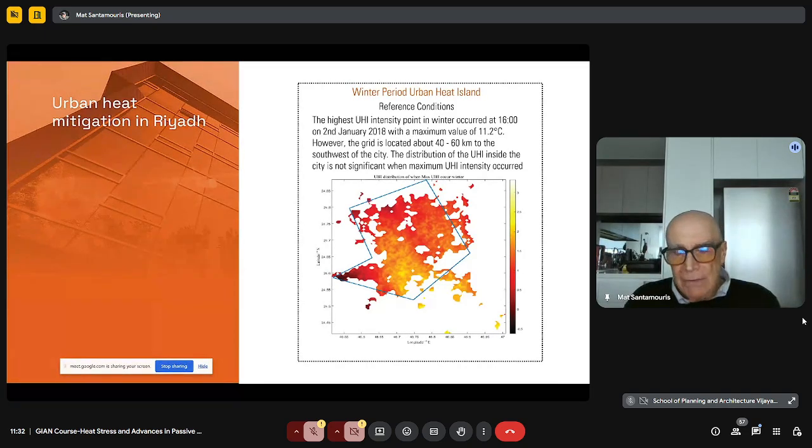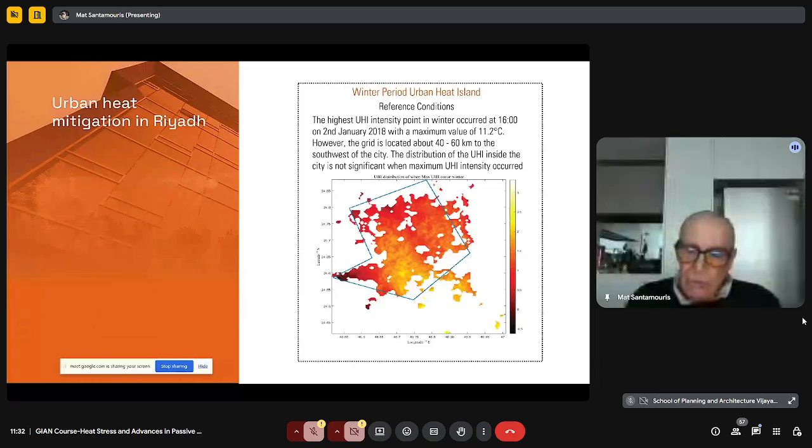Regarding the magnitude and the characteristics of the urban heat island during the winter period, we understood that the maximum and the highest urban heat island intensity happens at about 4 o'clock in the afternoon, and the maximum value was very high, 11.2 degrees. But this is just the maximum. The average urban heat island intensity during the winter period is between 2 to 3 degrees, which means that